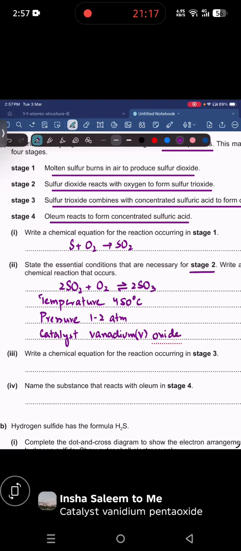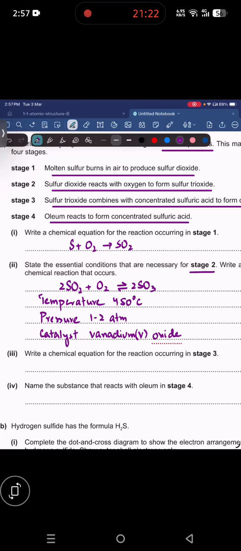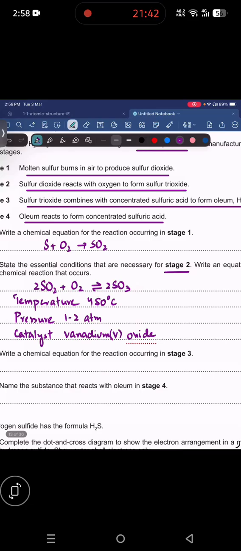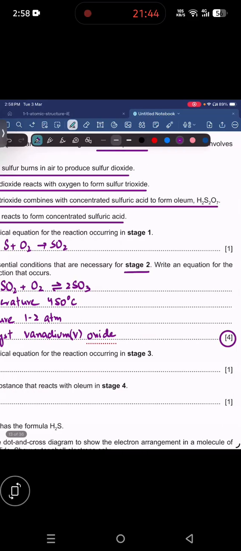So these are the four things you have to write for the complete 4 marks. No state symbols are required for the equation. Write a chemical equation for the reaction of stage number 3. In stage number 3, they have written that sulfur trioxide reacts with concentrated sulfuric acid to form the oleum. They have already given you the formula of oleum, that is